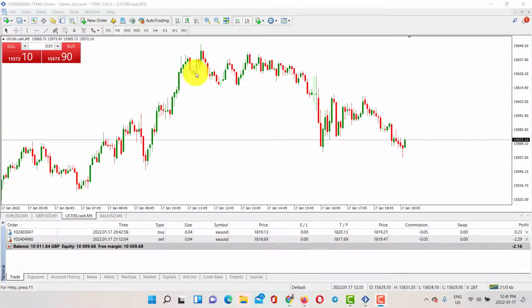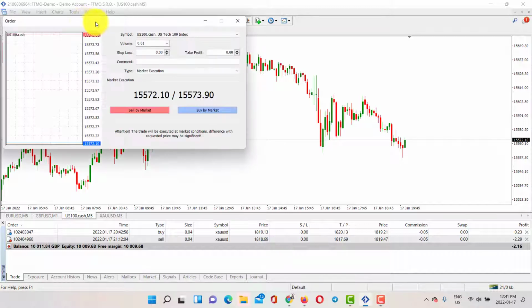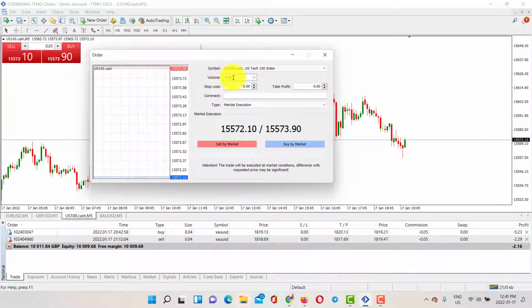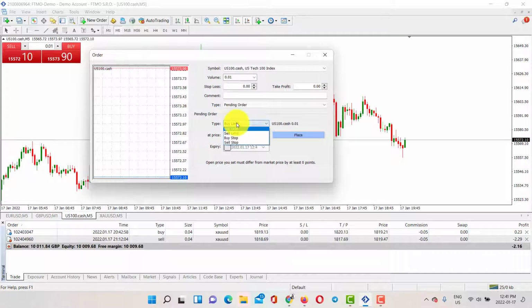NAS 100, and if I want to open a new trade, you will see that we have a couple of sections here. Market execution is exactly where you can buy or sell. We have pending orders: buy limit, sell limit, buy stop, sell stop. I'm going to have a separate video for buy stop and sell stop. For buy limit and sell limit, what they usually mean is, for example, let me get back to this chart here,